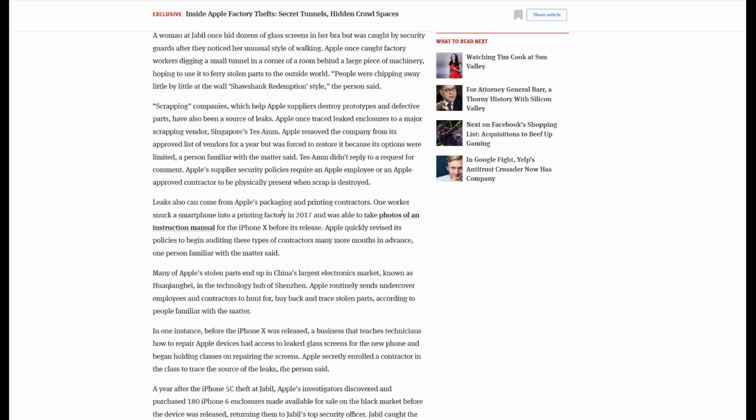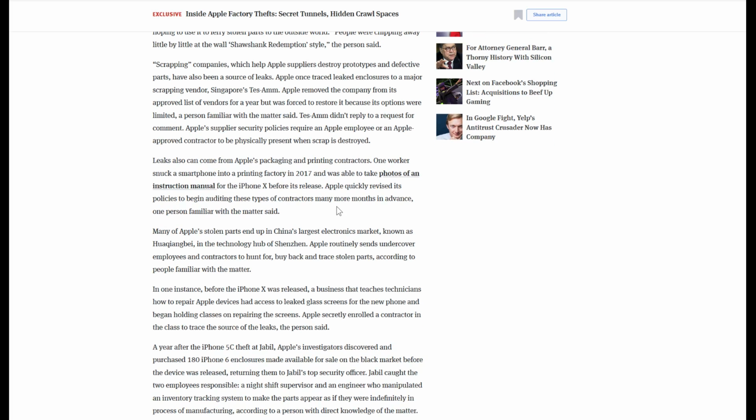Leaks can also come from Apple's packaging and printing contractors. One worker snuck a smartphone into a printing factory in 2017 and was able to take photos of an instruction manual for the iPhone X before its release. Apple quickly revised its policies to begin auditing these types of contractors many more months in advance, one person familiar with the matter said. Many of Apple's stolen parts end up in China's largest electronics market, known as